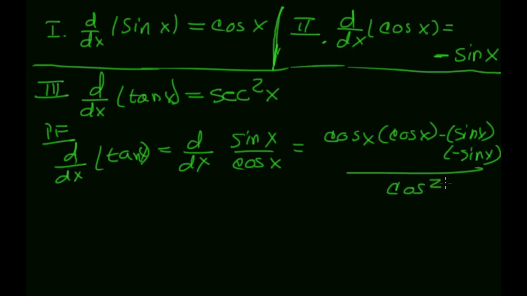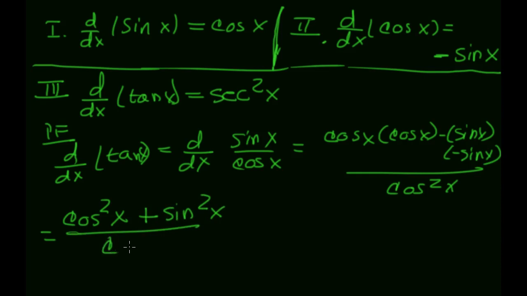So cosine squared of x. So let's rewrite that here using squares. Cosine times cosine is cosine squared x. Minus and a minus is going to make that a plus sine squared x over cosine squared x. And lo and behold,